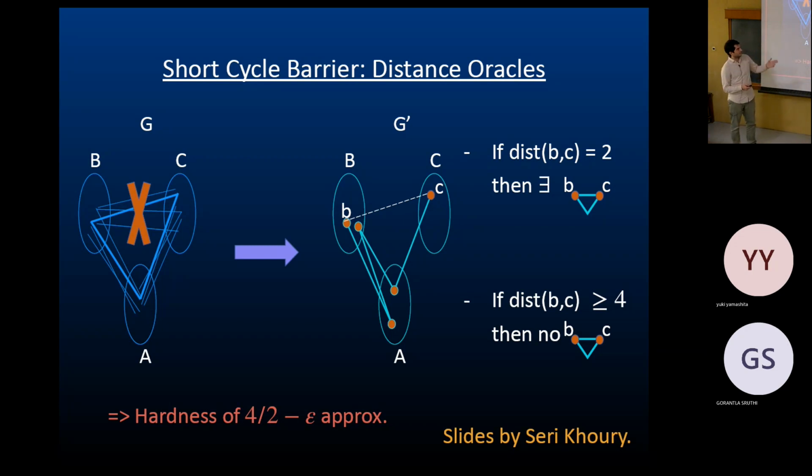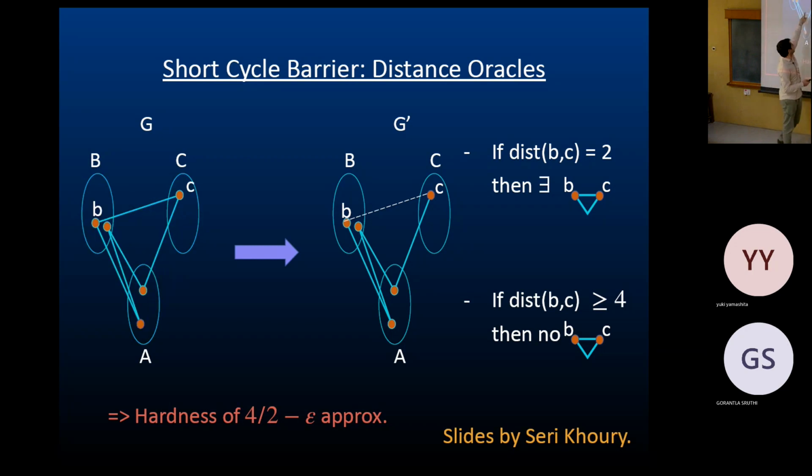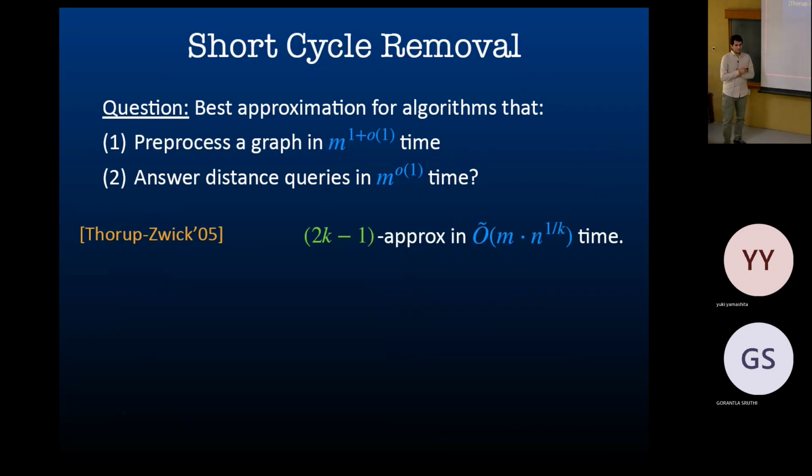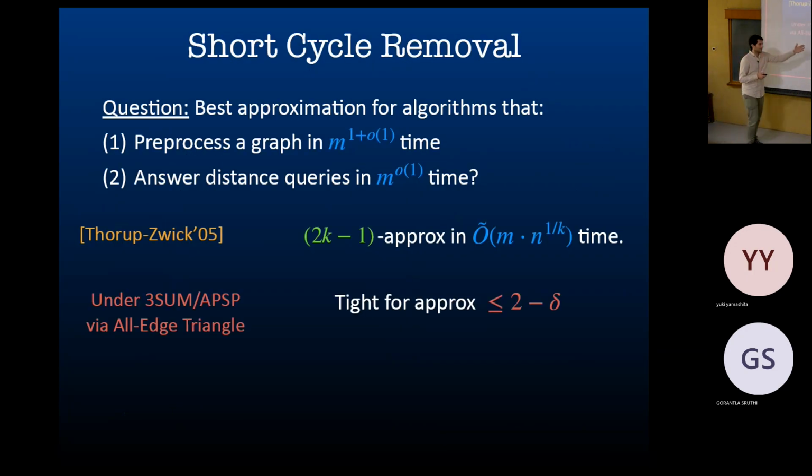Unfortunately, this will not happen because of this short cycle barrier. If you look at this pair that used to be an edge, suppose there was a short cycle for that pair, like a cycle of length 5, right? 1, 2, 3, 4, 5. Then if you look here, you will have a distance 4. So if the pair was in a short cycle, you will not get a large gap. This is the barrier. This is why we cannot prove hardness above 2 in this technique.